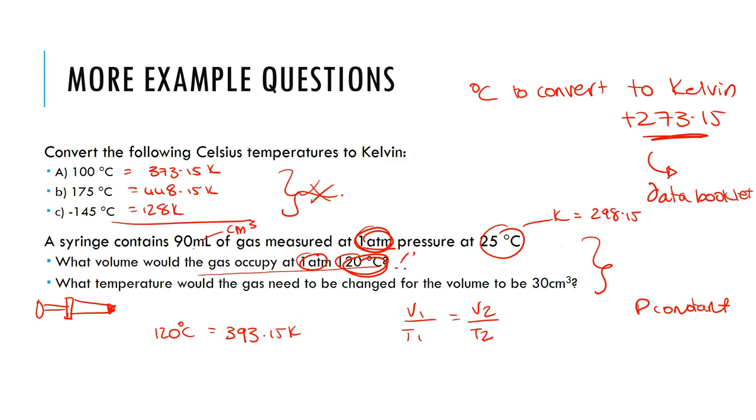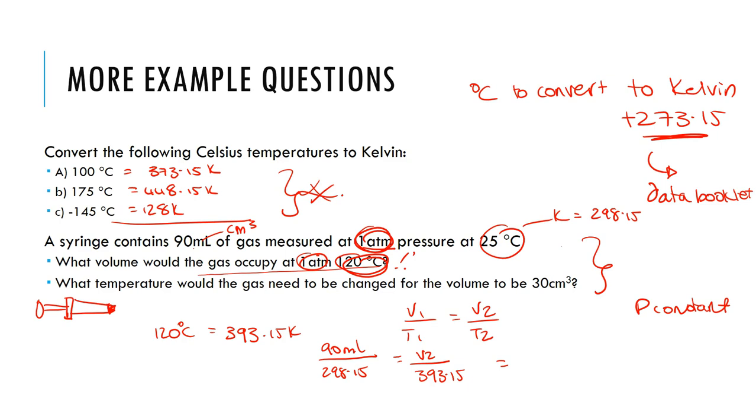So we have V1, we have T1, so substituting in 90 milliliters over T1, which is 298.15 Kelvin, is going to be equal to V2, which is what we're looking for, over T2, which was 393.15,